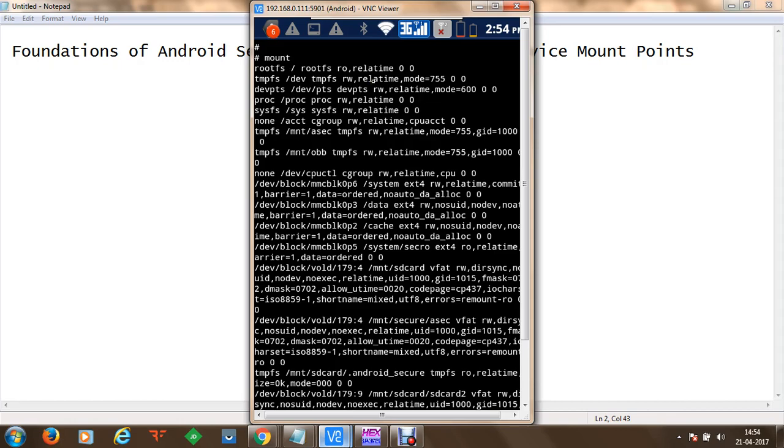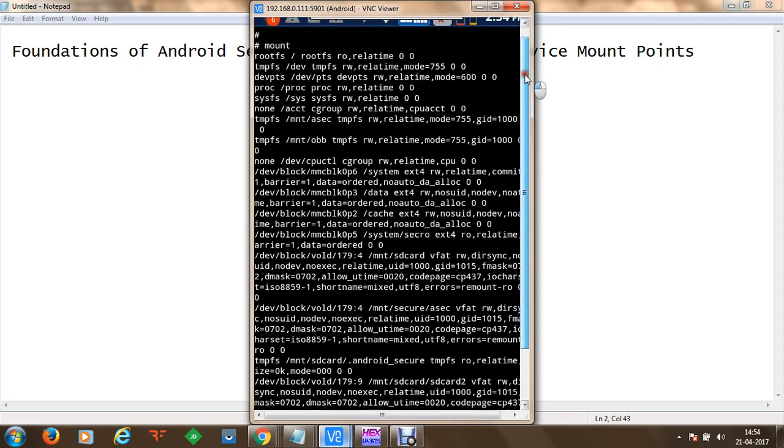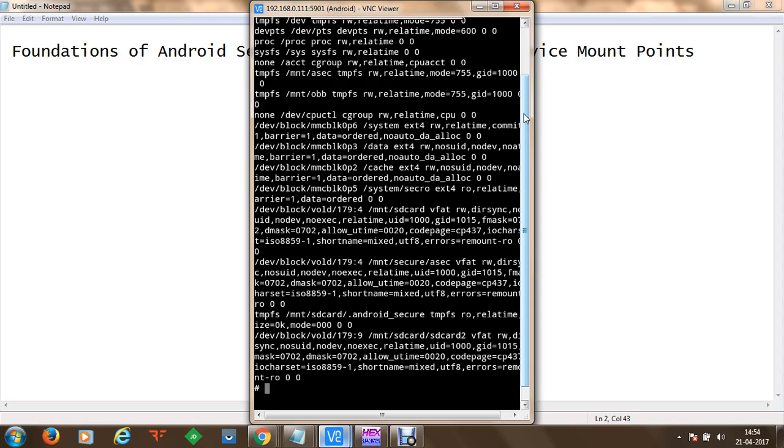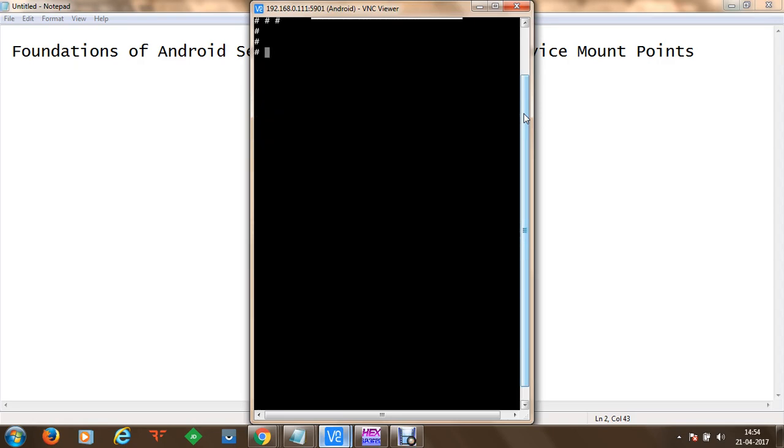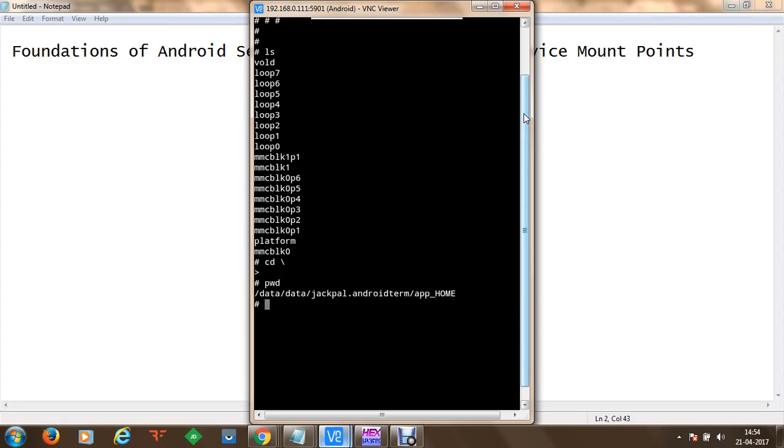Now, in order to proceed further, we can see that there are multiple directories available on a Linux device, or we can say an Android device. As soon as we execute the ls command, we see the contents of the directory we are in at the moment. We are going to get out of these directories, and once we execute print working directory, we can see that we are in slash.